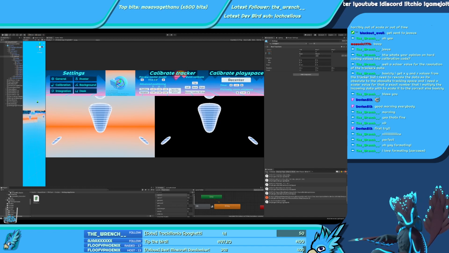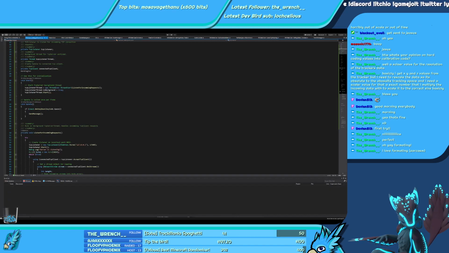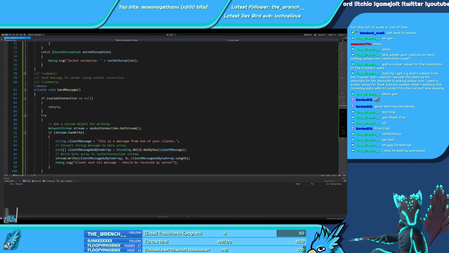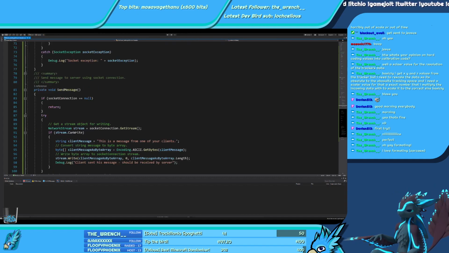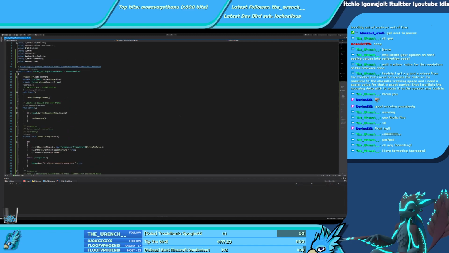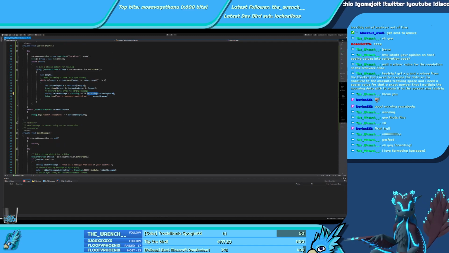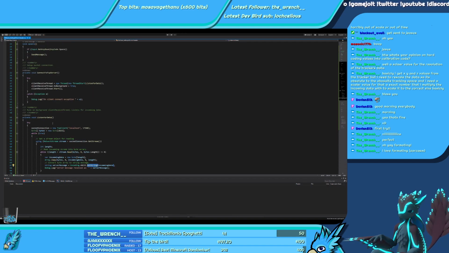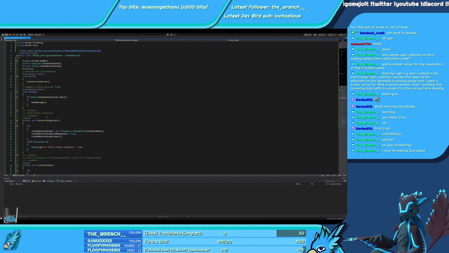So let's go in the settings. It's gonna be Visual Studio. This one. Okay, so yeah, this works. Like this code works surprisingly enough. I'm very surprised.